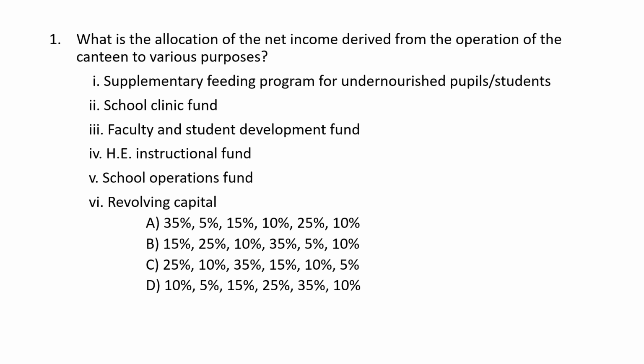B. 15%, 25%, 10%, 35%, 5%, 10%. C. 25%, 10%, 35%, 15%, 10%, and 5%. And letter D. 10%, 5%, 15%, 25%, 35%, and 10%. What is your answer? The correct answer is